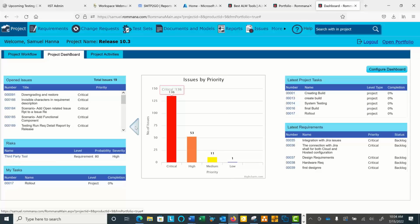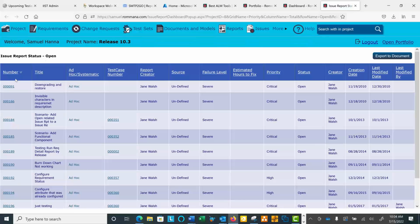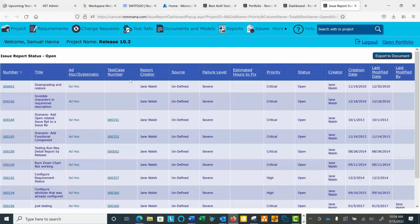let me go back to the previous chart. I have issues by status. We closed 162, but we still have 19 open. If I want to see the 19 that are open, all I have to do is click on this. Now it gives me the 19 issues that are still open here. And